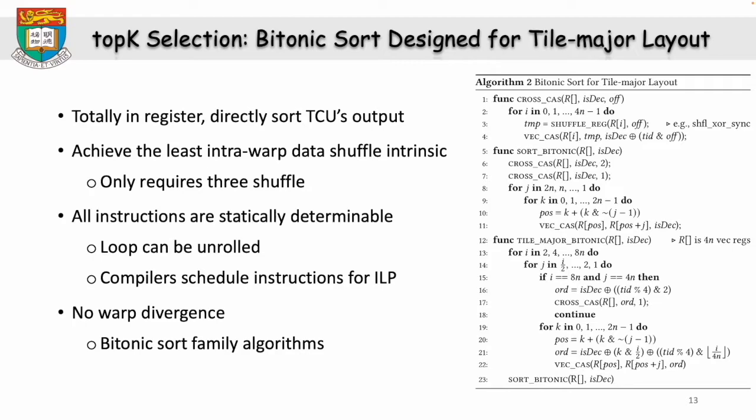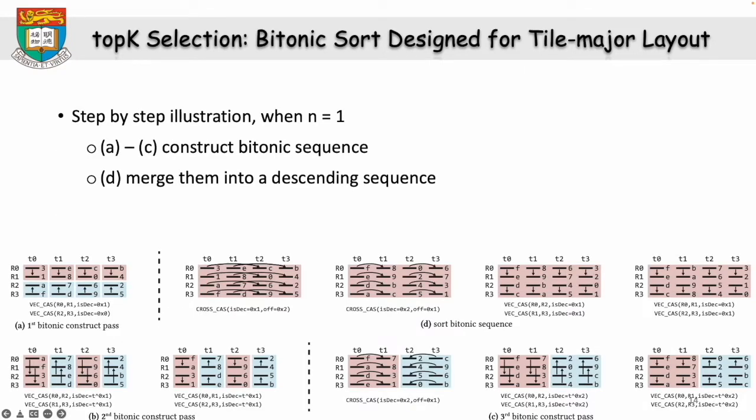And also, all threads execute the same instructions at the same time, which indicates that no warp divergence is incurred. It is advantages inherit from the Bitonic sort family algorithm. This figure uses an example to illustrate how algorithm 2 works when n equals 1 or n equals